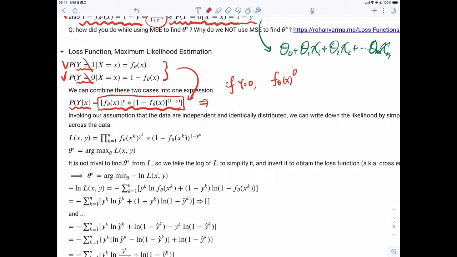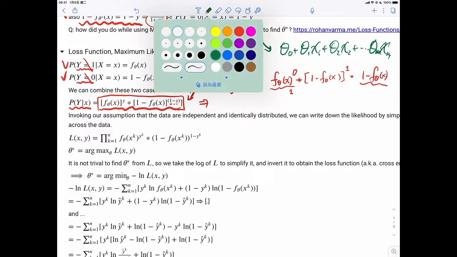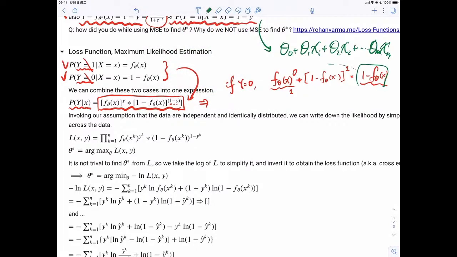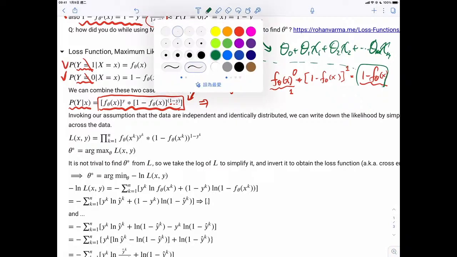Currently y is 0, right? So the power is 0. And 1 minus x, that is 1 minus 0, so that is 1. So basically that is 1, right? No matter what it is. So this result is exactly the same as when y is 0 right here. Right. So another one,